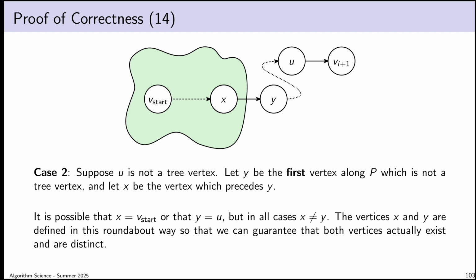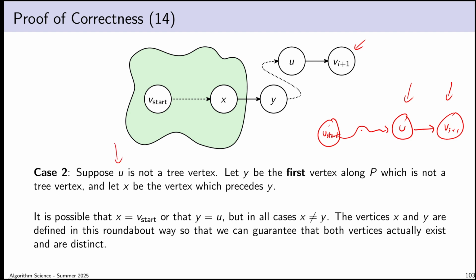Okay, so case 2 is, suppose that u is not a vertex in the tree. I have to do something sort of weird here to name a couple of other vertices. So here's what we know about the situation if vertex u is not in the tree. So we saw earlier, we have a path from v start that follows some route to get all the way to a vertex u, and then u is directly before vertex vi plus 1. What I've shown is that vi plus 1 and u are both not in the tree. I know that vi plus 1 is not in the tree because it's the one being pulled into the tree at this iteration, so it wasn't already in the tree because that's how the algorithm works.